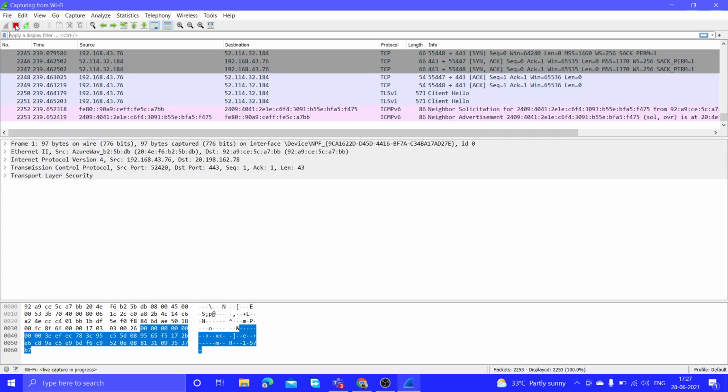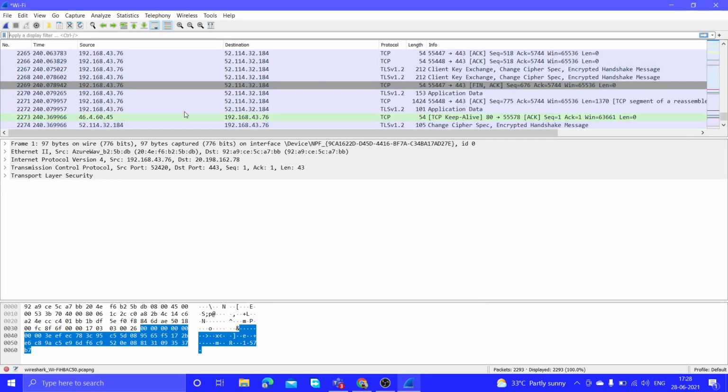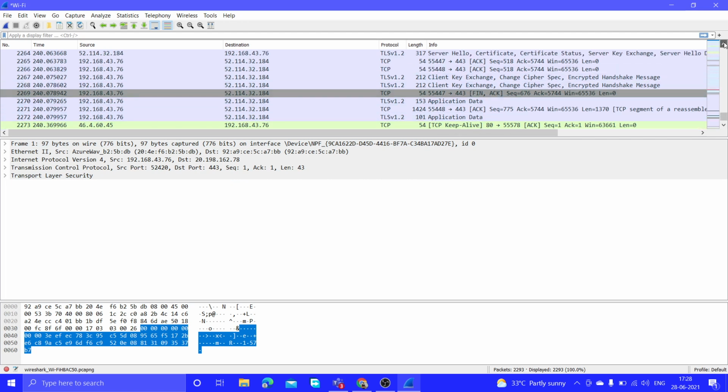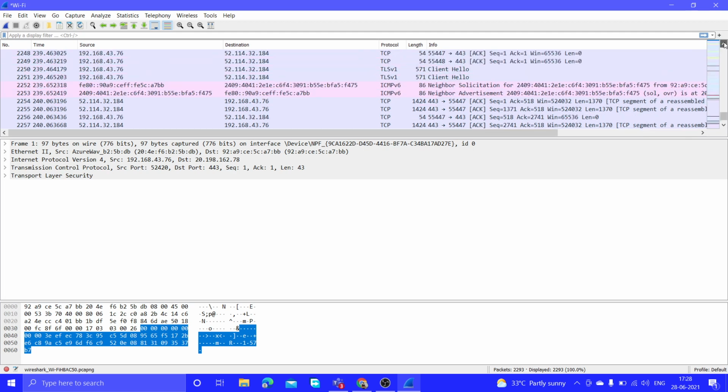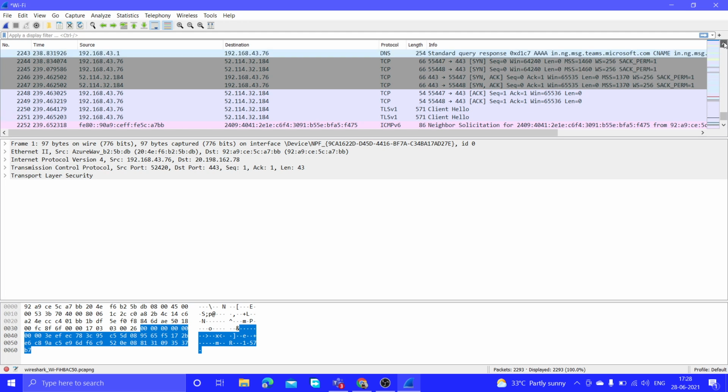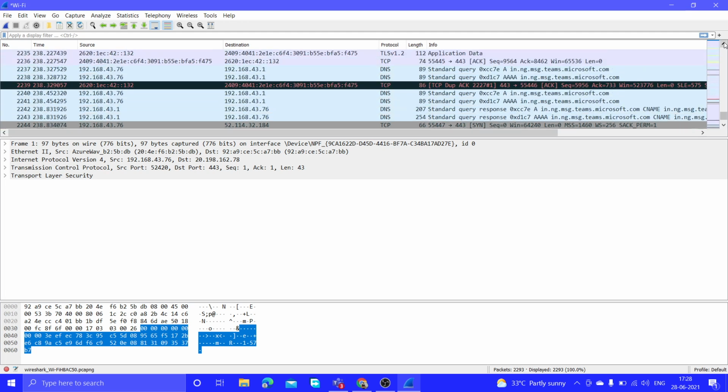Now we can stop our packet capturing, and we can analyze our protocol, the SMTP protocol. Basically what we have done is we haven't typed any content of an actual email.